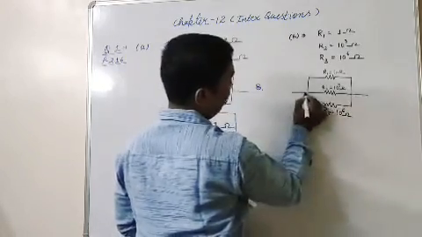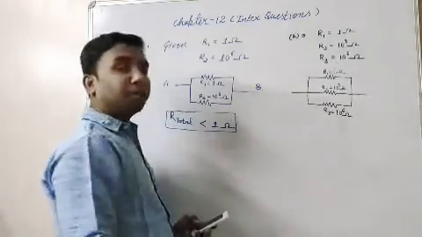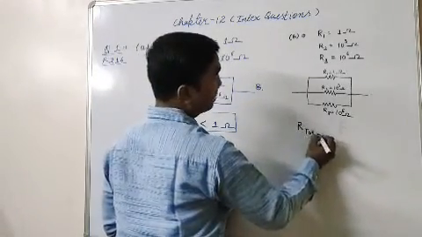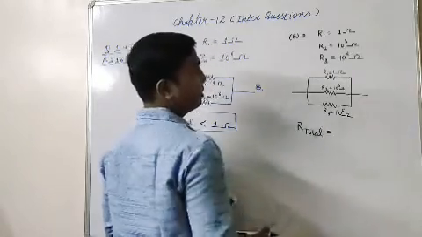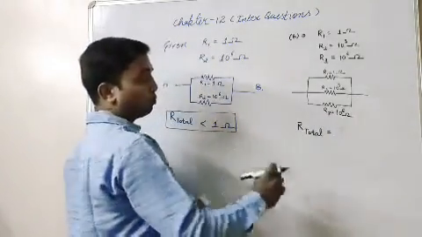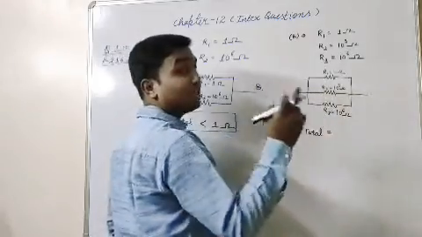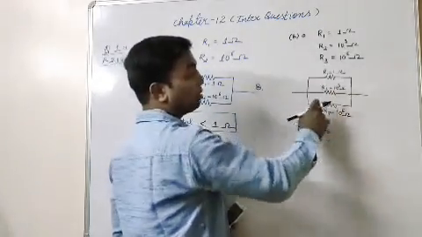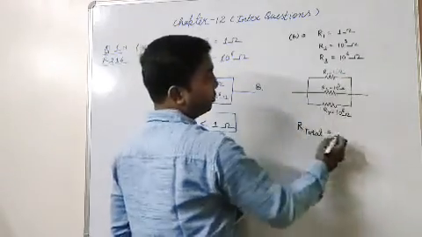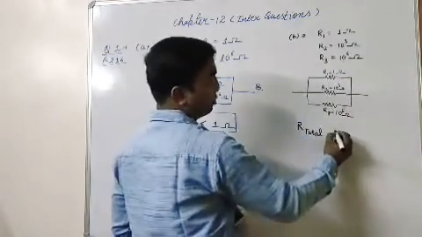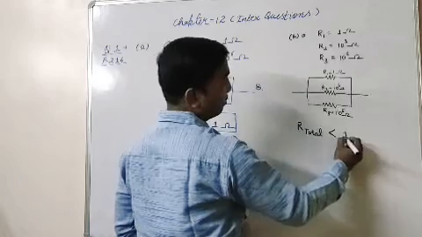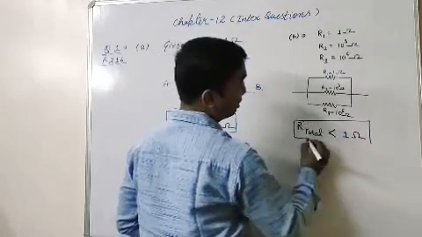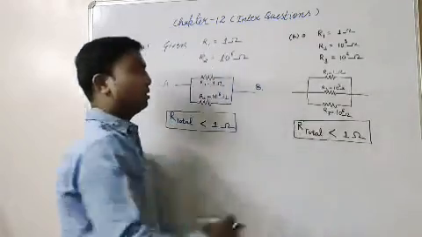Now because all these resistances are connected in parallel, what would be the equivalent resistance? That means the total resistance. This resistance should be less than the smallest resistance. So which one is the smallest or least resistance among all 3? 1 ohm. So the equivalent resistance should be less than 1 ohm. This is the meaning of "judge the equivalent resistance." Is this clear?